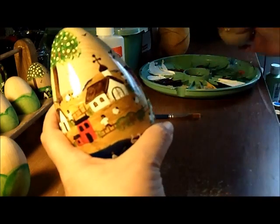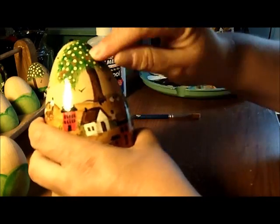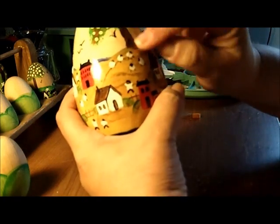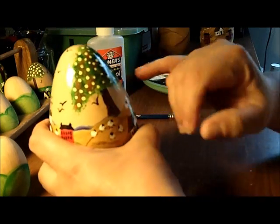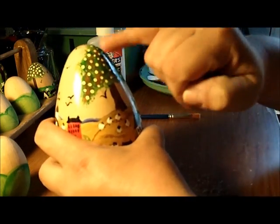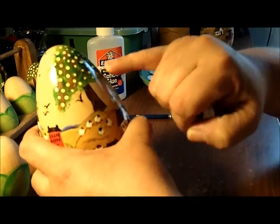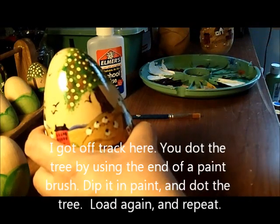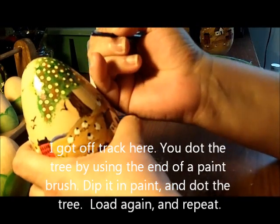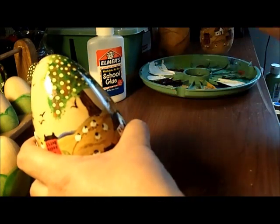And now I'm going to show you the tree. I just put a trunk, straight line, fill it in a little bit, make it a little bit larger than the normal scene, stipple in. I do light green first, then I do dark green on top of it, then I usually do an orange, and then I just dot in these little flowers. And how I do that is by using not any expensive tools. All of my brushes, which I'll show you,